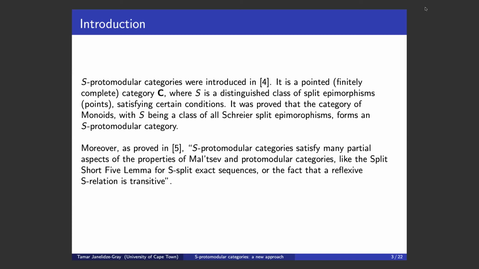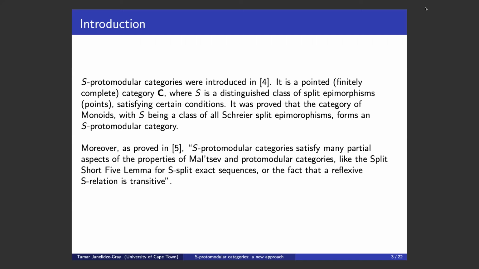But now we ask the following question. As I said earlier, we take Schreier split epimorphisms in the category of monoids, and these are those surjective homomorphisms which have a chosen splitting with certain conditions, but that splitting is a homomorphism. And now we want to see whether it is possible to develop a similar structure, but we don't necessarily take those surjective homomorphisms where the splitting is a homomorphism. So we take those surjective homomorphisms with a special condition on it, such that there exists a splitting which is not a homomorphism, and yet we want to still be able to develop a similar theory.